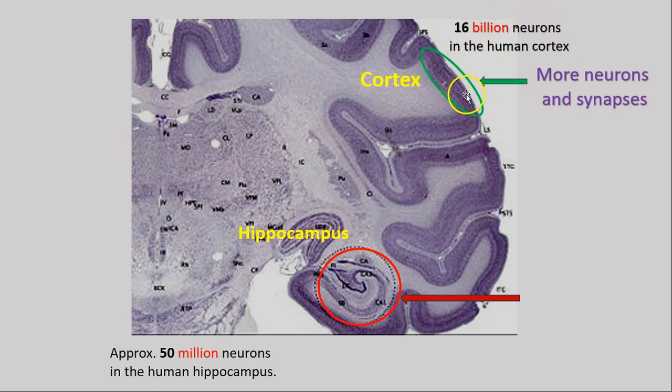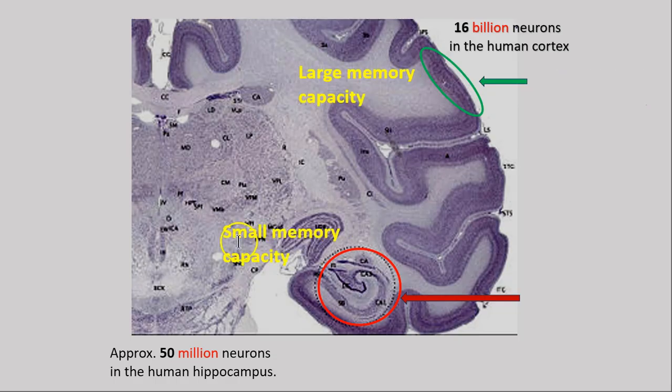Now here we're just highlighting a section of the cortex. All of this here is cerebral cortex. And so there are just vastly more cortical neurons, and so more synapses. So you have a greater storage capacity for memory traces in the cerebral cortex. So we want to say that the hippocampus then has a small memory capacity, the cortex a large memory capacity,